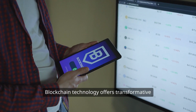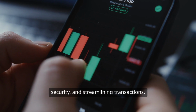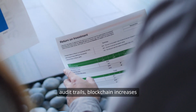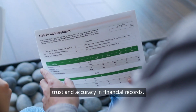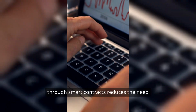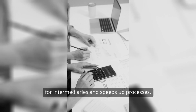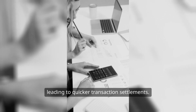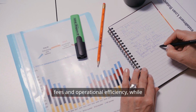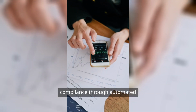Blockchain technology offers transformative potential for financial planning by improving transparency, enhancing security, and streamlining transactions. With immutable records and detailed audit trails, blockchain increases trust and accuracy in financial records. The ability to automate contract execution through smart contracts reduces the need for intermediaries and speeds up processes, leading to quicker transaction settlements. Cost reduction is realized through lower transaction fees and operational efficiency, while blockchain also aids in regulatory compliance through automated